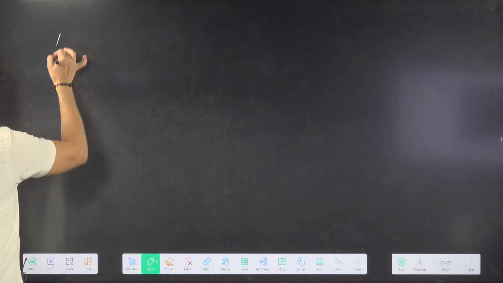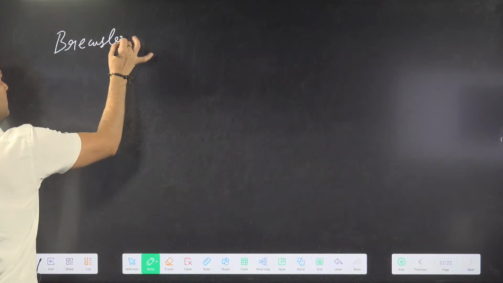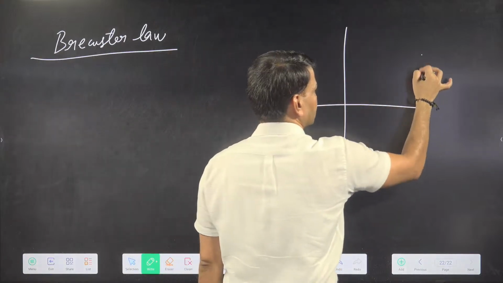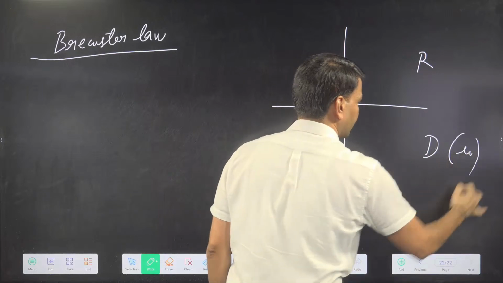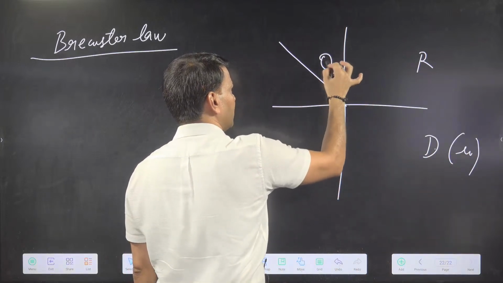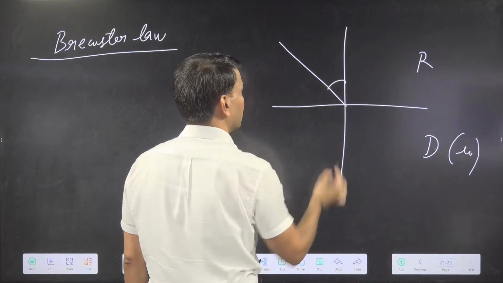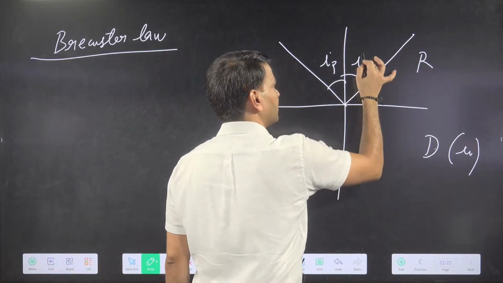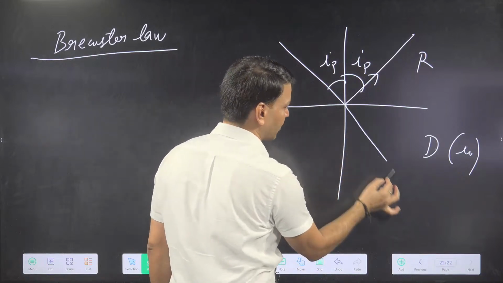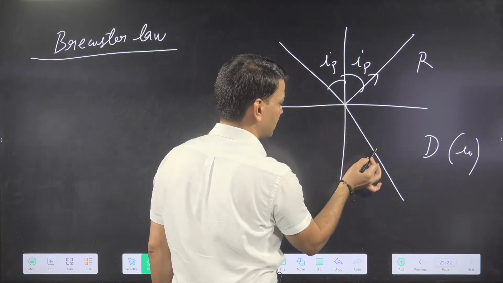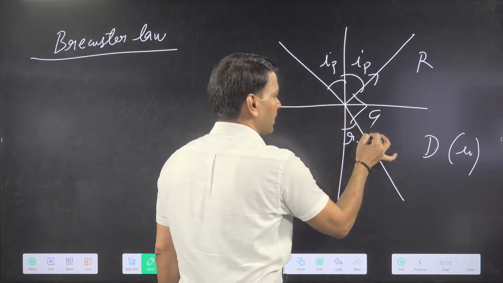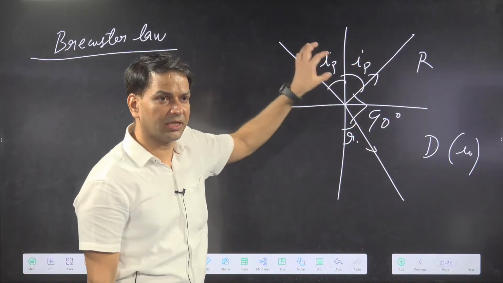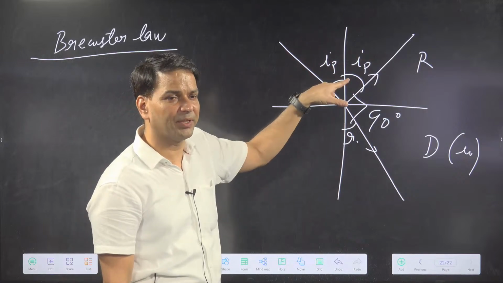And second, we have learned the Brewster law. Brewster law means, if there is a rarer and denser medium with refractive index mu, and a light ray is incident at a particular angle theta p, or I say IP, some of the light ray will get reflected at the same angle, by the law of reflection, and the light ray gets refracted, that is, suppose R. So when the angle of incidence on the interface of rarer and denser medium is equal to the polarizing angle, IP for the polarizing angle,